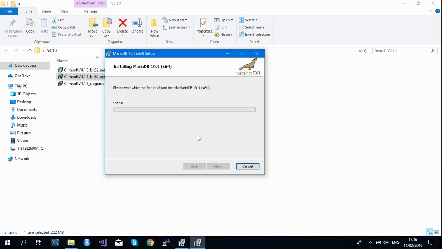Now, for those who are using Linux servers, there is a database version for Linux, which also is free. So you can get the version for Linux if you have Linux operating system. There is a version of MariaDB for Linux. So for those who are using Linux, they can get the version.